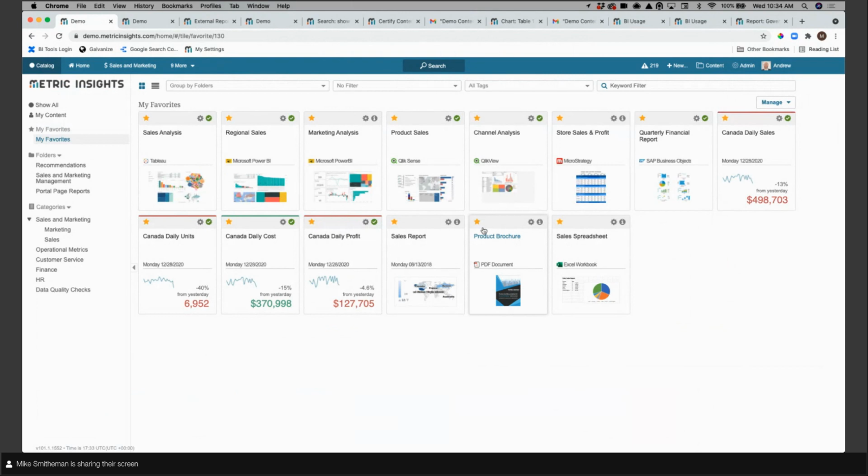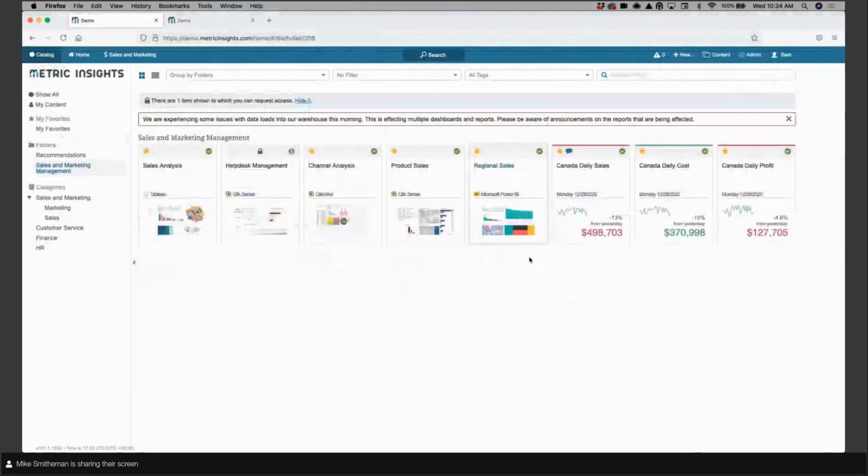And you're always trying to balance, I think, security with making people aware of what content is actually out there. And obviously you want to lock down content from a permissions perspective to make sure that users are only accessing things that they should be getting access to. And so I flipped across to another browser window here where I'm logged in as another user, Sam. He's our sales manager in this